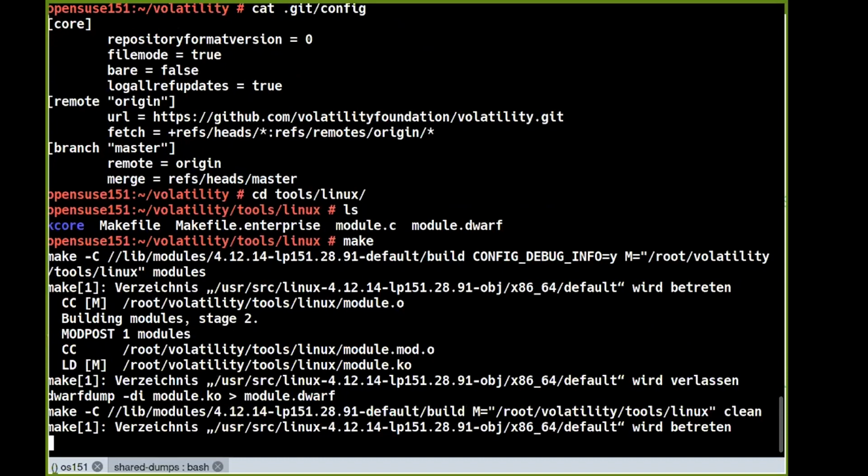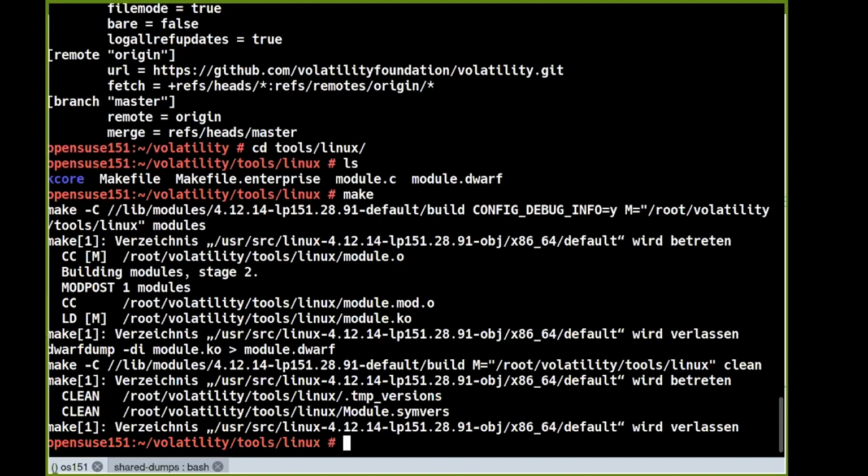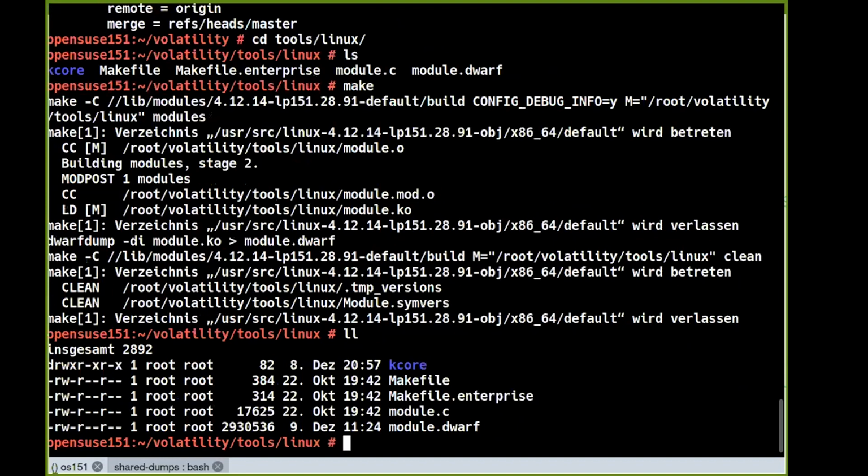We need the kernel sources to do this. On Linux, this is just a very, very small module called module.dwarf. And it's linked with it. And we just have to zip up this file and build a zip file with module.dwarf, and then the boot System.map. And if you want to do this correctly without typing too much,